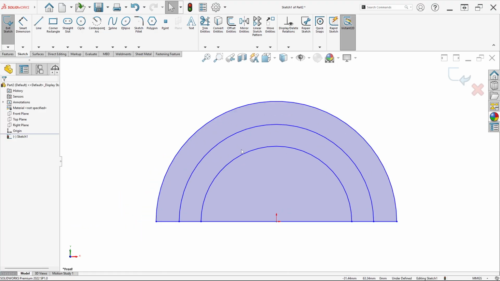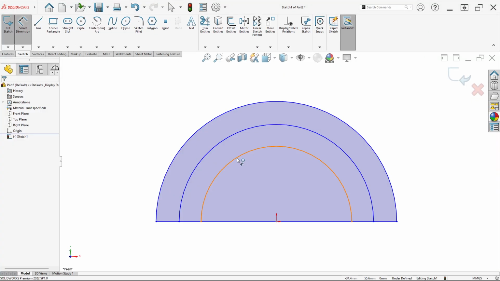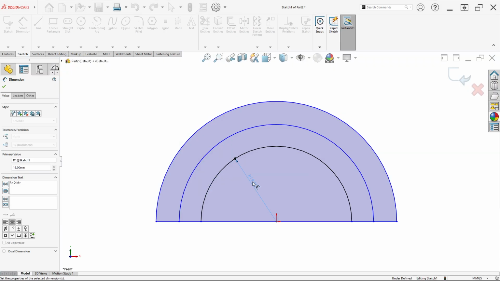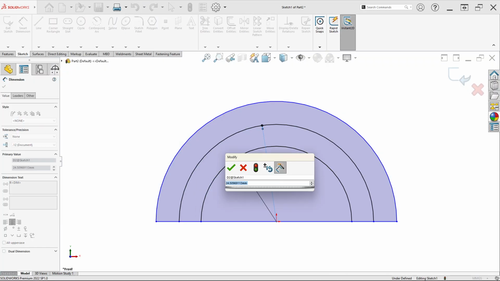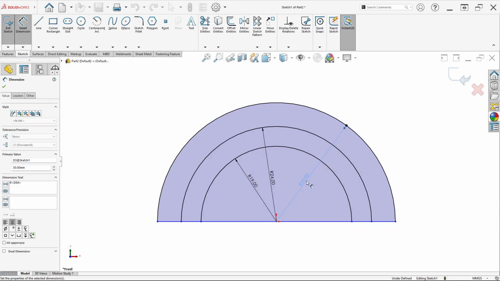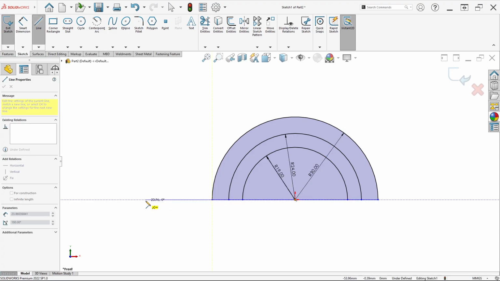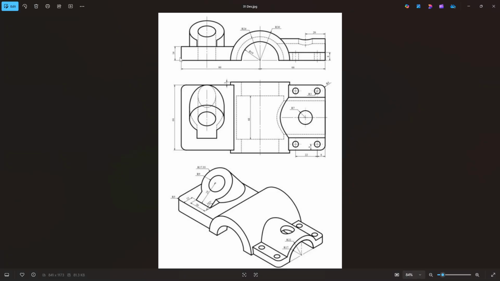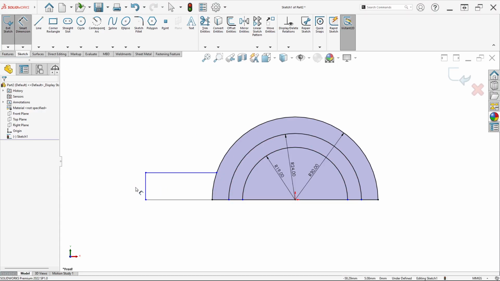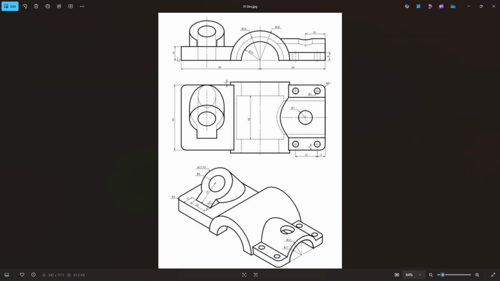Like this. Set the dimension, radius in 19, 24, and 30. So set the radius here in 19, second in 24, and last in radius 30. Like this. After that we can draw a line from this point to this to this to this. Set the distance from this edge to the center at 80 millimeter, and for thickness here in 14,